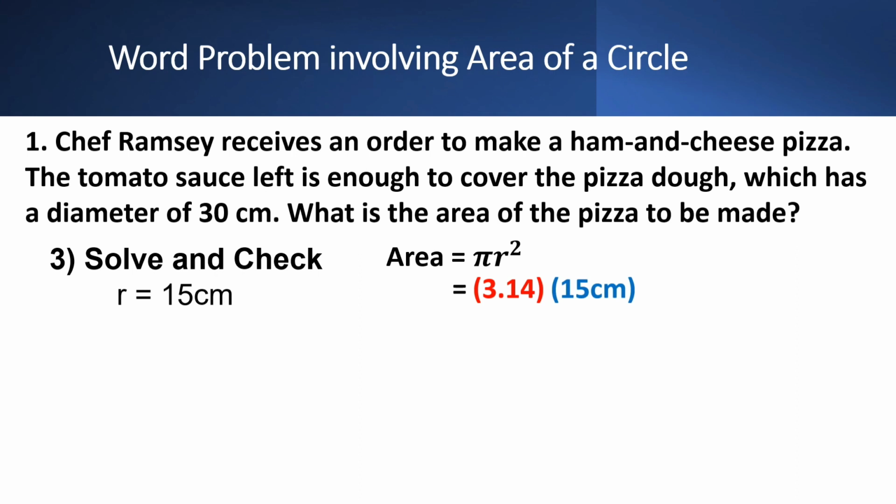So magiging 3.14 times 15 centimeters times 15 centimeters. Tulad ng napag-aralan natin kanina, unahin muna natin yung r squared o yung radius times radius. So copy 3.14 times 15 times 15 is, yes, 225